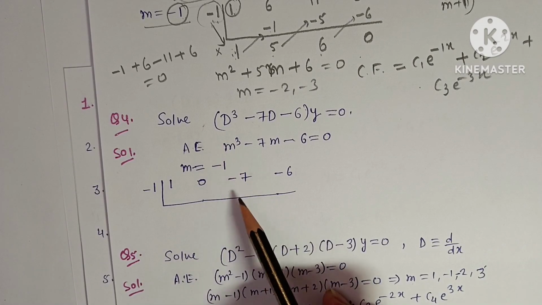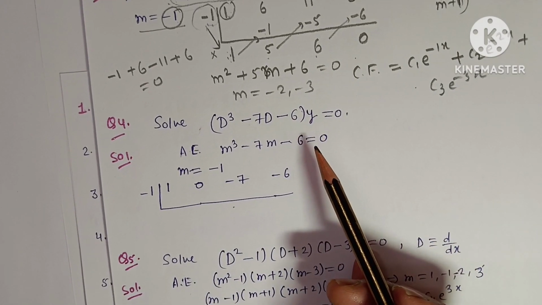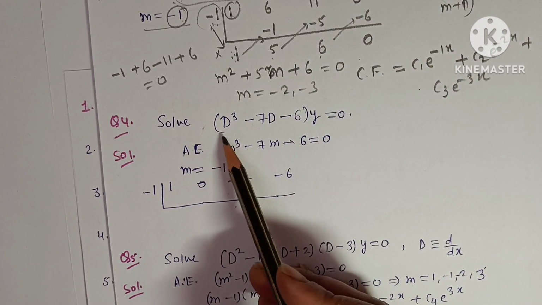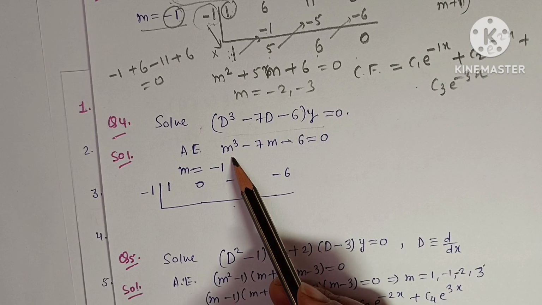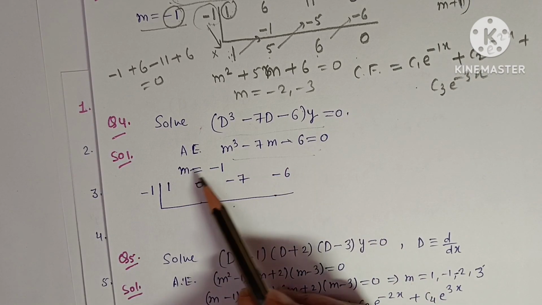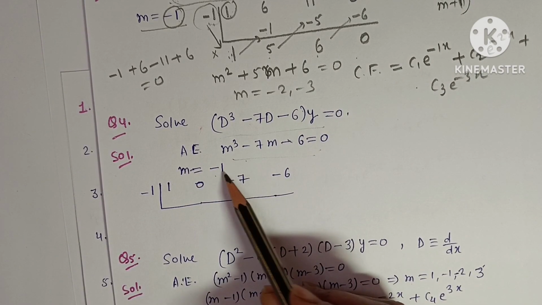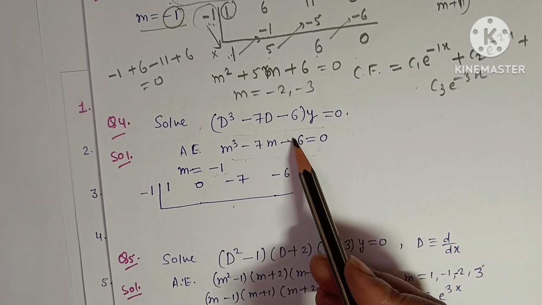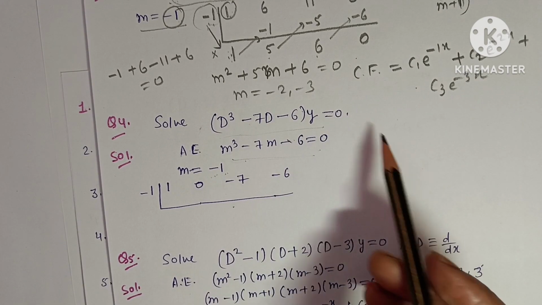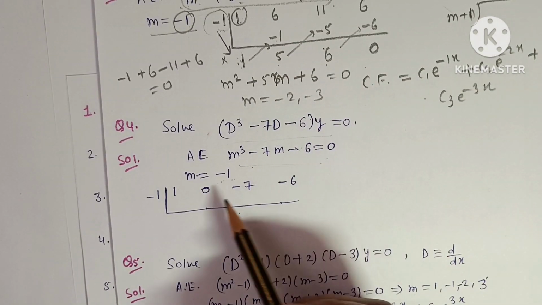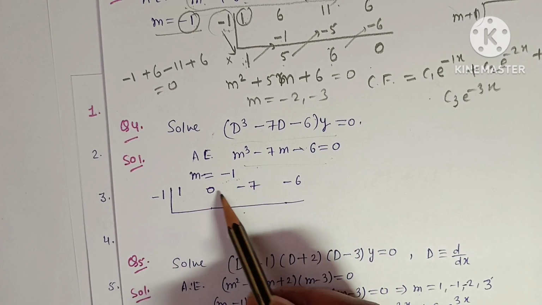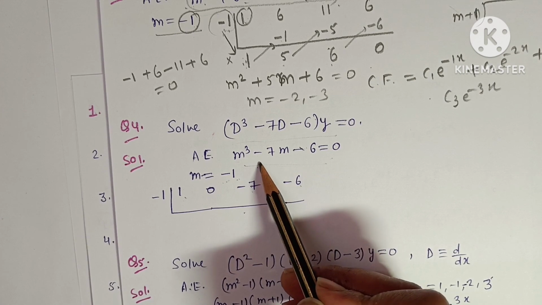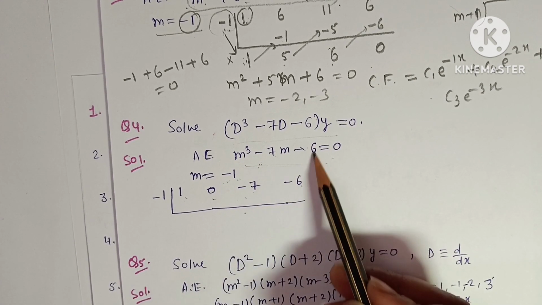In another question, I have taken a similar kind of question because I want you to get practice on this method for solving the cubic equation. So in this question, you can write the auxiliary equation here. I have written it here. Then you can find one root by the hit and trial method. You can check that when you put m equal to -1, this will satisfy the given equation. Now for the two other roots, I will use the same method. According to this method, we should write the coefficients here. So here it is 1, and the term of m square is absent, so I have put 0, then -7, then -6.